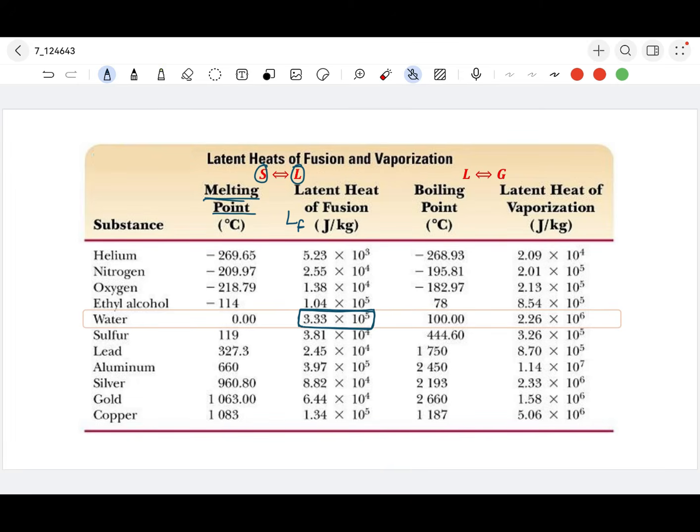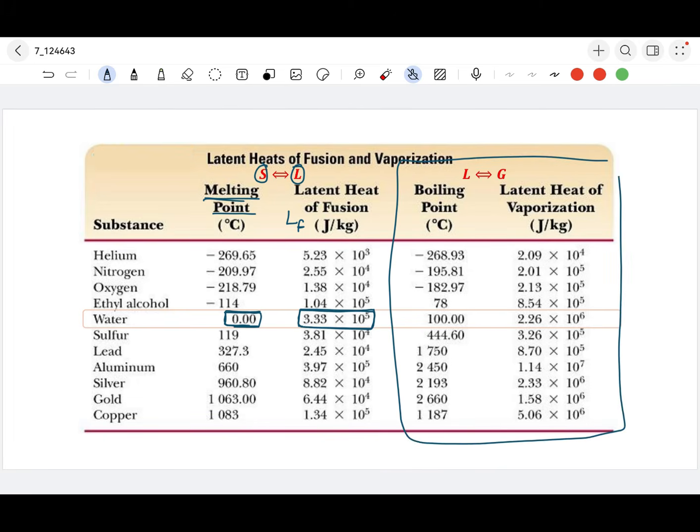Then what happens? 1 kilogram of ice will convert into the water. During this, the temperature remains constant, that is, at 0 degree Celsius this will happen. The same thing we can observe